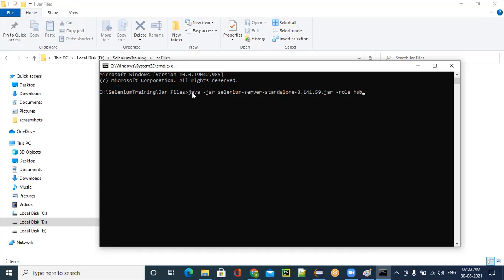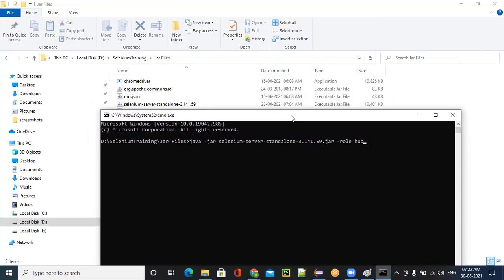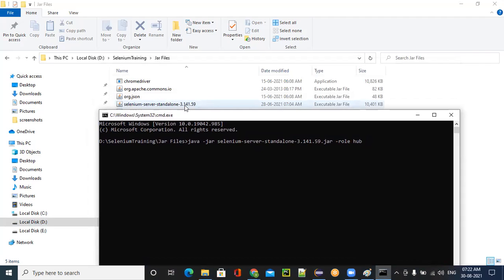Then the file name: selenium-server-standalone-3.141.59.jar. Then hyphen role hub. I am giving the role as hub, which means I make this computer a hub. Okay, so when I press enter,